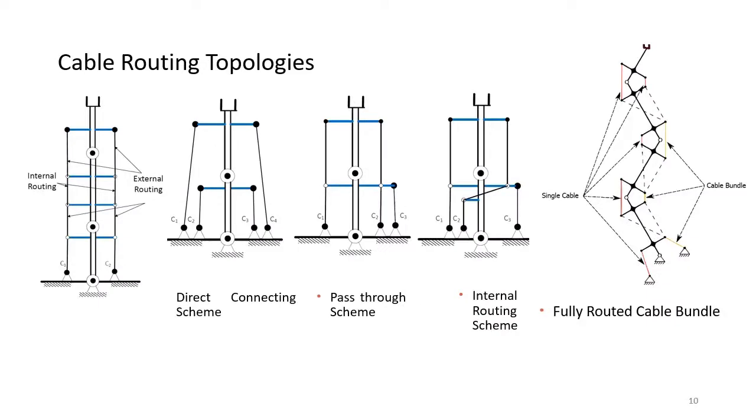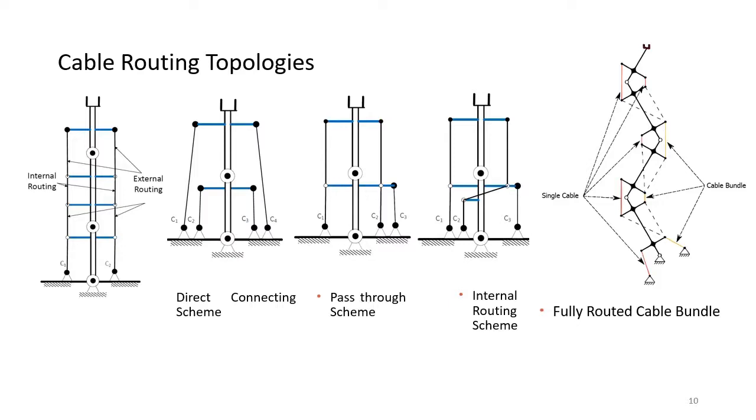The cable routing type refers to the path that a cable routes through the links of a cable-driven serial kinematic chain. A proximal link refers to greater closeness to the base in a serial chain, and a distal link refers to greater closeness to the end effector. Here, the external routing is the routing of a cable with an end fixed in a link through each proximal link, passing through points fixed in links. An internal routing refers to rerouting of a cable between two points in the same link. Different schemes are shown in the figures.